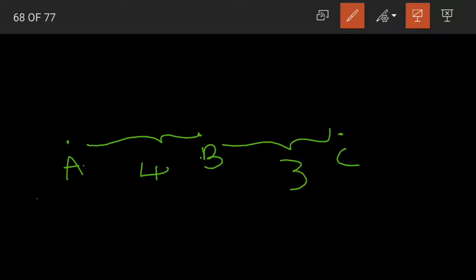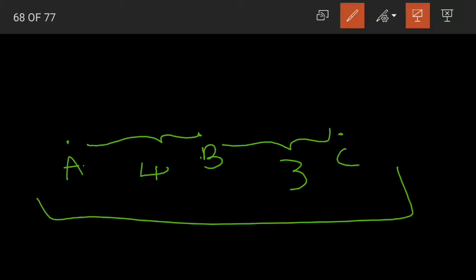See children, now we are having a car and we are having three towns A, B and C. So from town A to B, I am just taking an example, okay. From town A to B the car has travelled 4 kilometers, and from B to C it has travelled 3 kilometers. Now what is the total distance that he has travelled during this journey? How will we find out? Yes, we need to add both. Yes, from A to B and then from B to C. 4 plus 3 is equal to 7 kilometers.